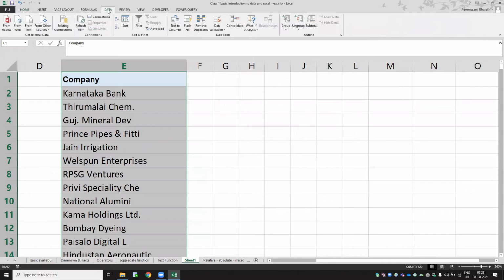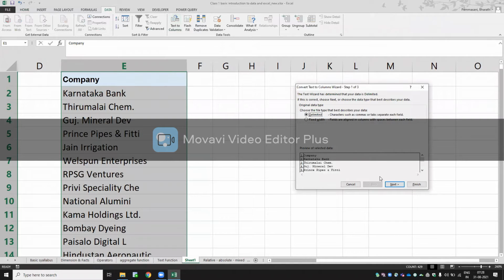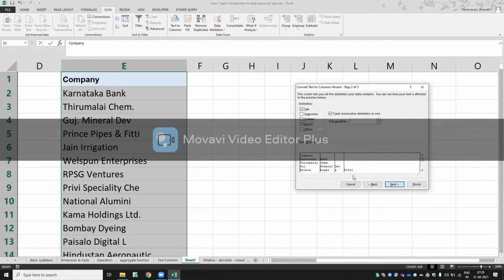I should go to Data, and you have an option here, Text to Columns. Can you see here? Text splitting into columns. Just click on Text to Columns. Go to Delimited. We have to select the first option as Delimited. Now my text is like this. I have to select the delimiter we have used here. So the delimiter is space. See here, if I select the space, all the names will be split like this.